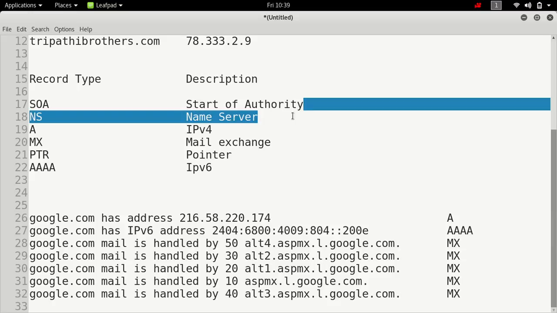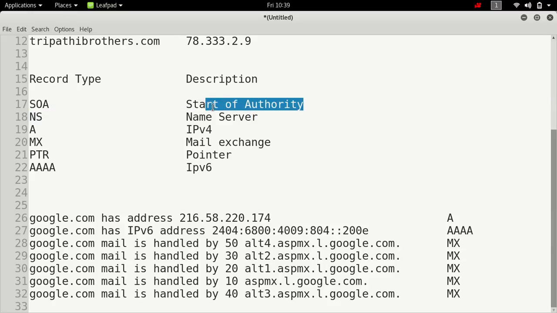It will contain the serial number of the domain name, the email address and the name server records. Near about everything is stored in the SOA record. Many times it is not possible to get the SOA record, because many domain names hide their SOA record for security purposes.